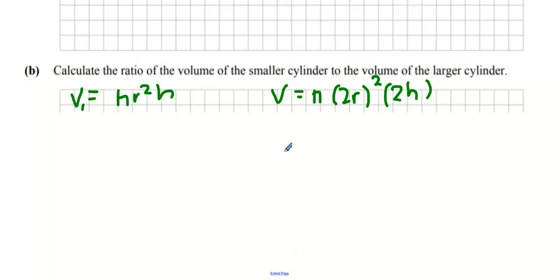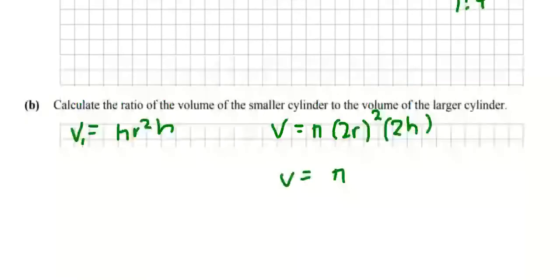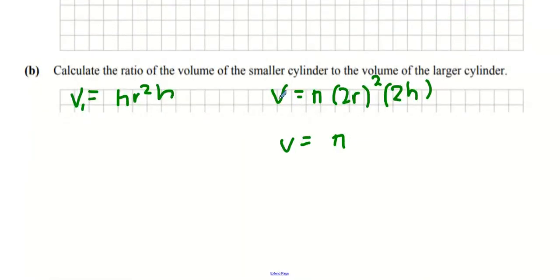And once again, we're going to get V equals pi. What's it going to be? This time it's going to be 2 squared by 2. So that's 4r squared by 2h, which is 8 pi r